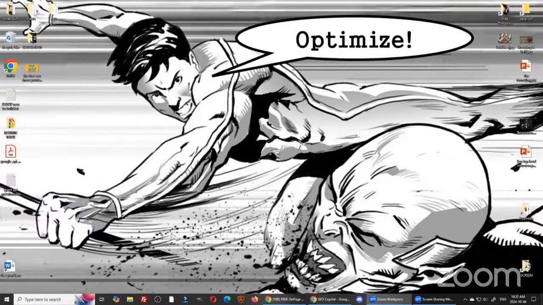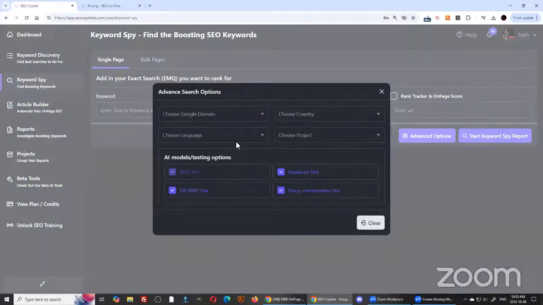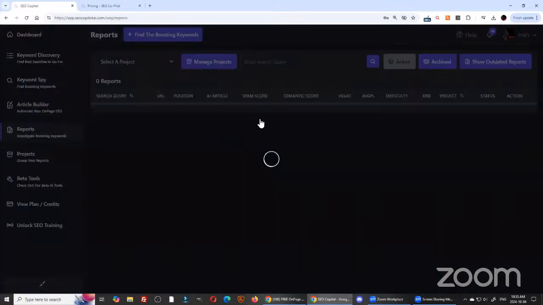First off, when you do a keyword spy report and select the location, go into advanced options and also choose the language as well. That will help. Also making sure your query is in the language you want to rank for is very important. You could do that, and then CP also can translate it for you. If all that fails,